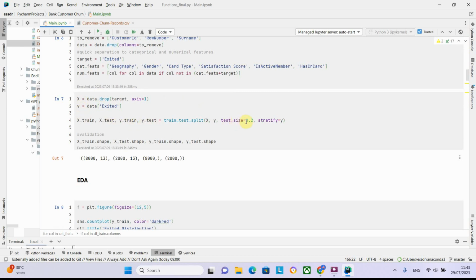And I use test size equals 0.2. I also use the stratify method, because I want to keep the same distributions and proportions of the predicted variable in the training dataset and in the test dataset. That is because we have an imbalanced case here, and we want to have equal proportions, more or less, between these two groups, because it can happen that one dataset will have all of the minority and majority cases,